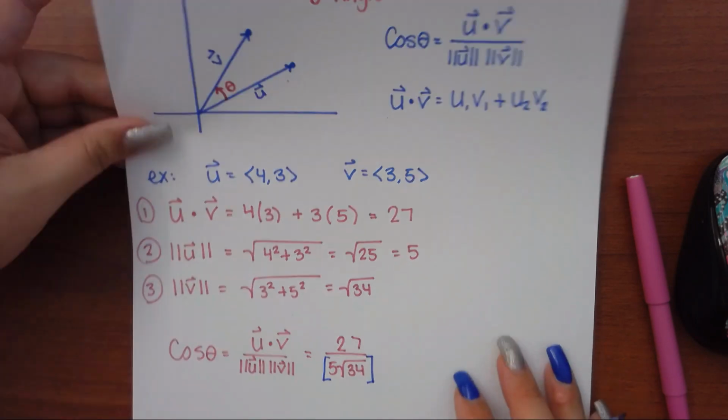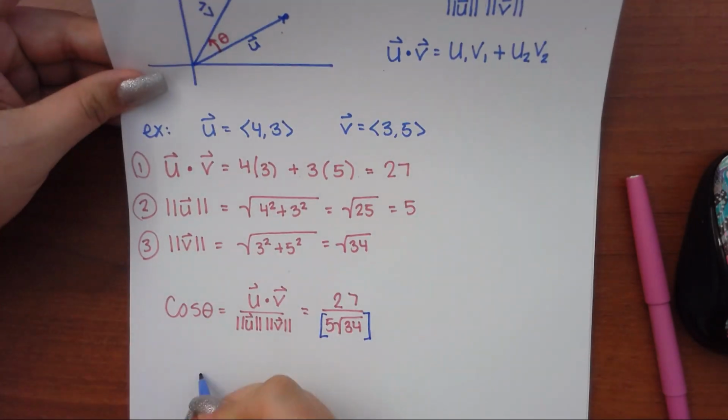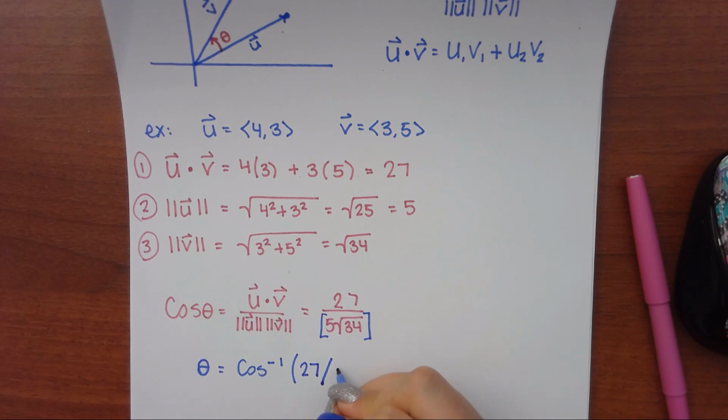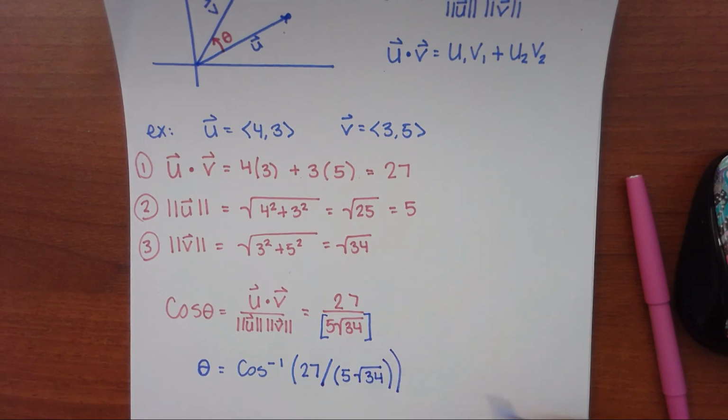And when you're trying to find the angle, as a reminder, it's cosine inverse of whatever this is. So that's 27 divided by, and then I would put parentheses, 5 square root of 34, and then close those parentheses. So in my calculator,